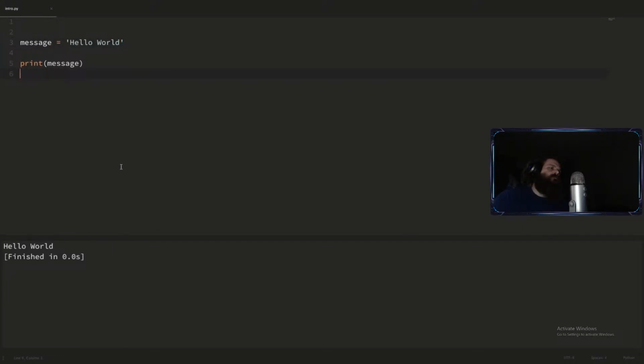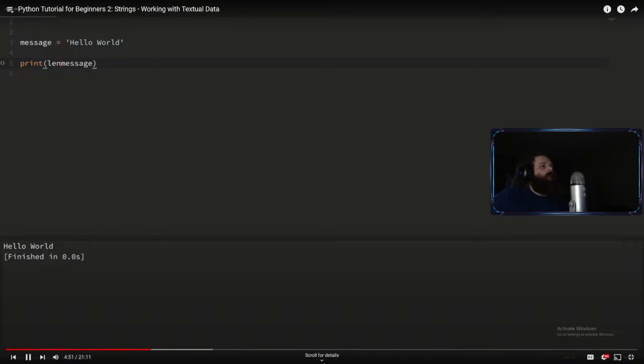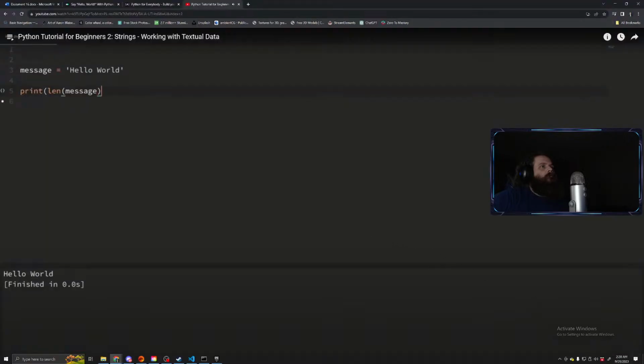So we can think of our string as a string of individual characters, and we can access these individual characters also. So first, let's see how we can find how many characters are in our string. To do this, we can use the len function, which stands for length. So whenever I print out here, instead of printing my message, if I was to print out this length function and pass in message,